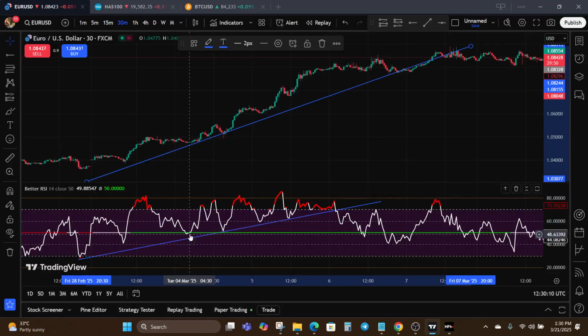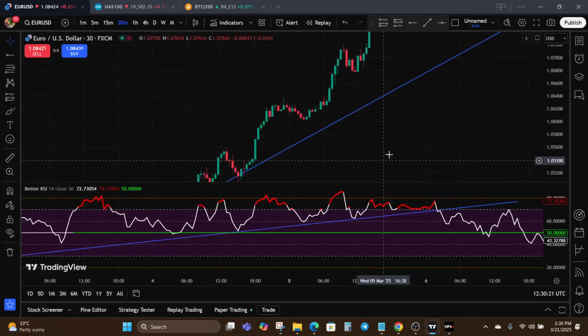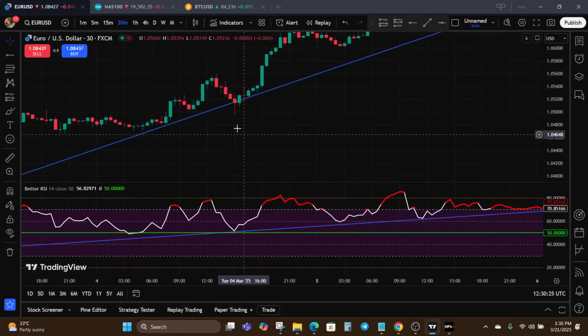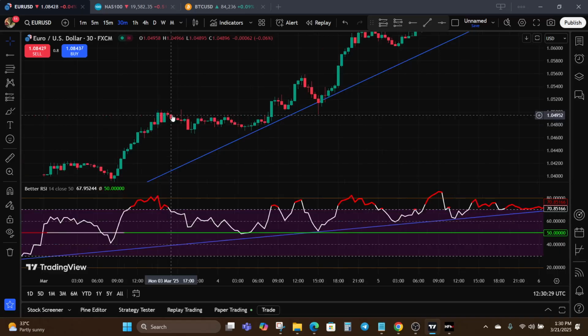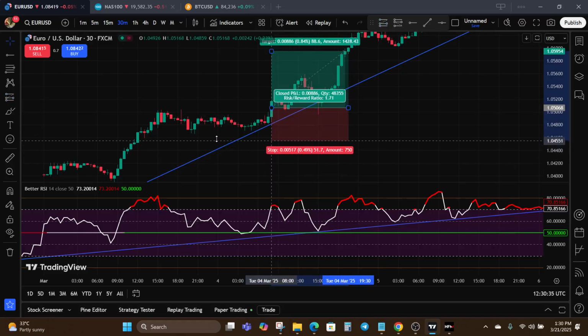So this point now where it got rejected and the horizontal line was green, showing that bullish momentum was prevailing, you would have just looked for a bullish candlestick pattern around this support. You can see, because this is a support level, this is a dynamic support. So we can see that we had a bullish pattern here. This should have been a good time to enter a buy trade. If you had entered the buy trade around here, your stop loss can be just below the previous swing low,